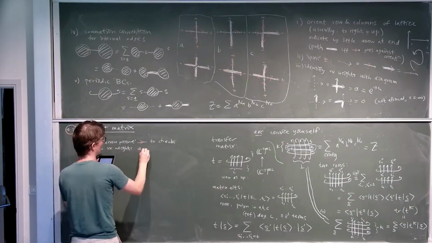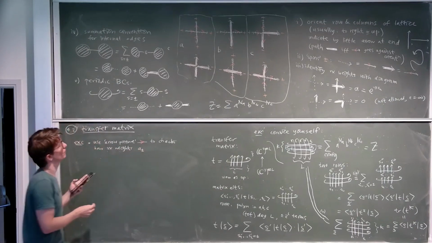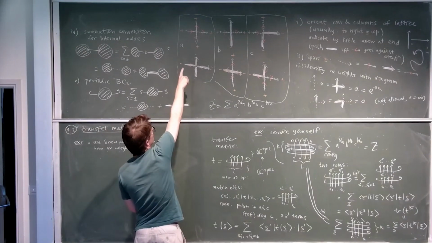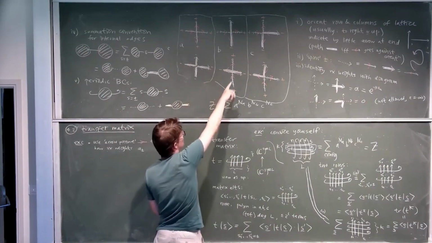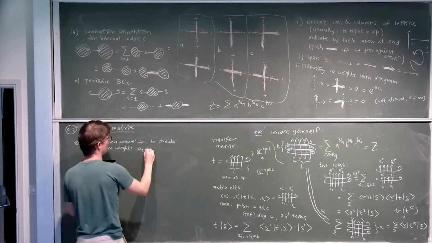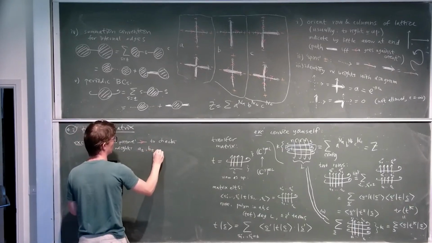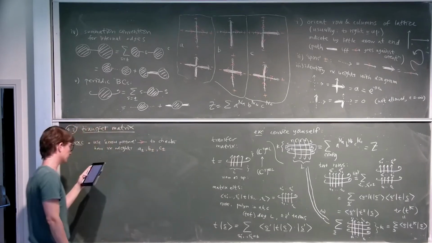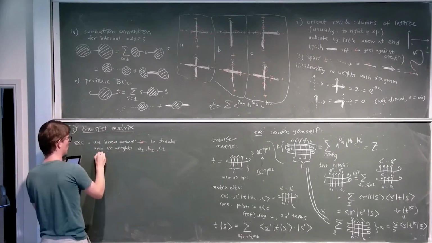And now let's remove our zero field assumption. So let's actually call the top A plus and the bottom A minus, B plus, B minus, C plus, C minus, like that. So then at the moment take all the vertex weights A plus minus, B plus minus, C plus minus, and how they change